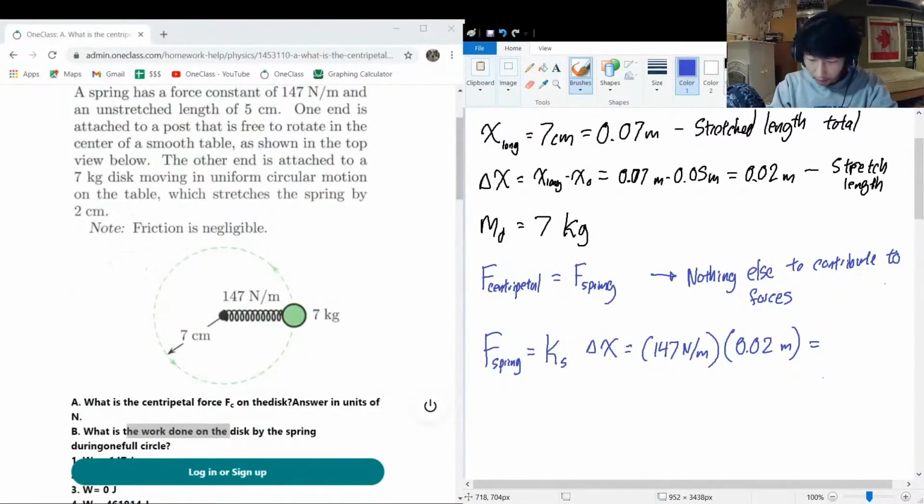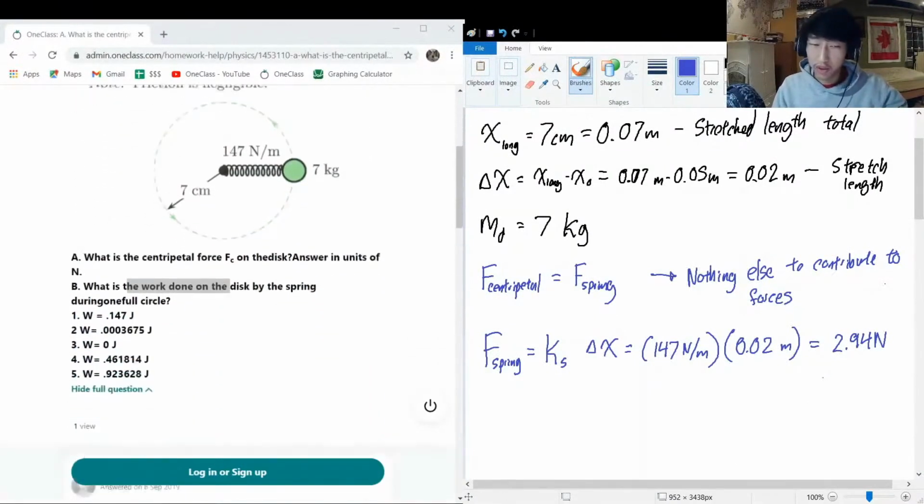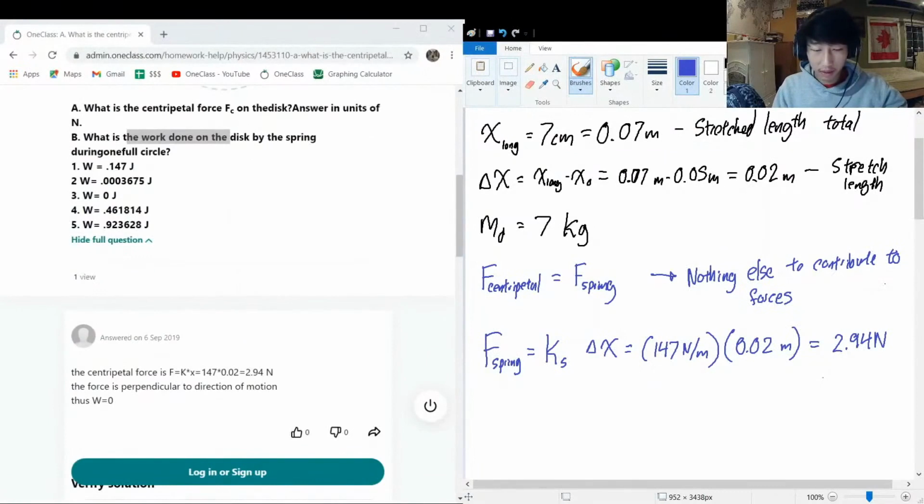So we can run this calculation ASAP. 147 multiplied by 0.02, and we get 2.94 newtons. And you can see how the meters on the length neutralizes the meters in newtons per meter. So the units definitely work out, and we come to the same conclusion here. Awesome. So the centripetal force is this 2.94 newtons, because we know that the spring is supplying the